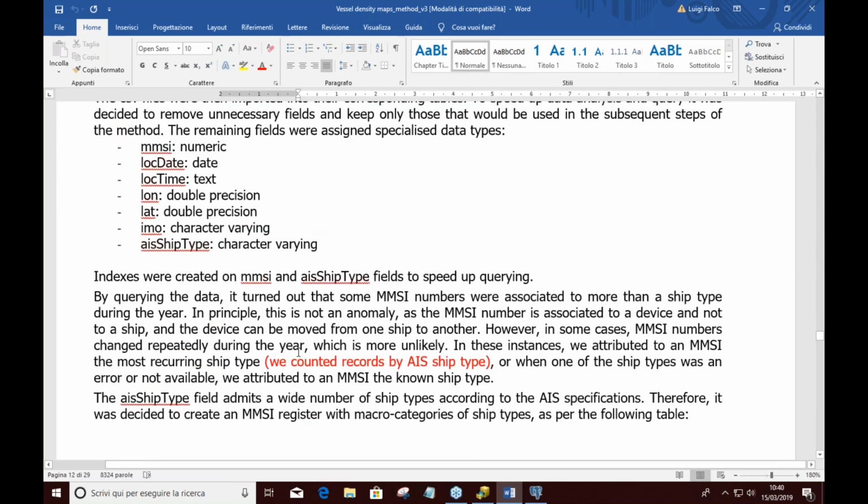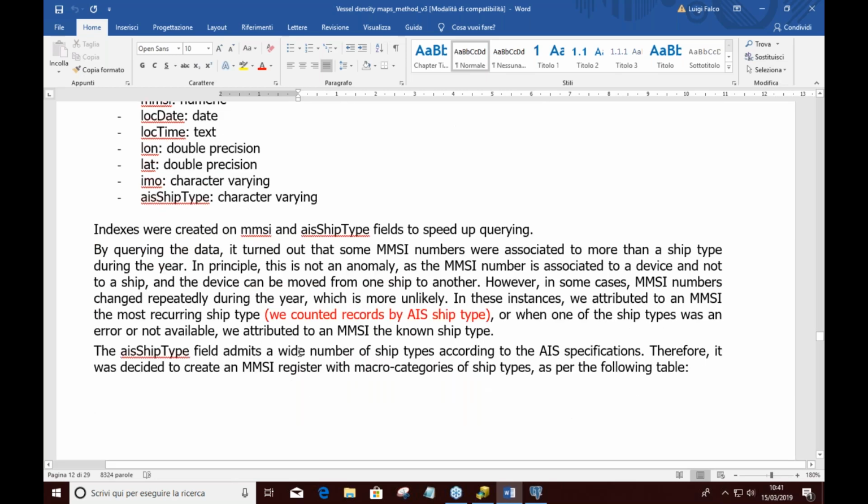Another step in this part was to create a vessel register, because it turned out by querying the data that some MMSI numbers are associated with more than one ship type during the year. So in these instances, we attributed to an MMSI the most recurring ship type by counting data by ship type AIS code. Finally, we got this register, and we imported the register in the database again, and we joined the register to the single monthly tables, to obtain the tables by ship type for each month. It means 13